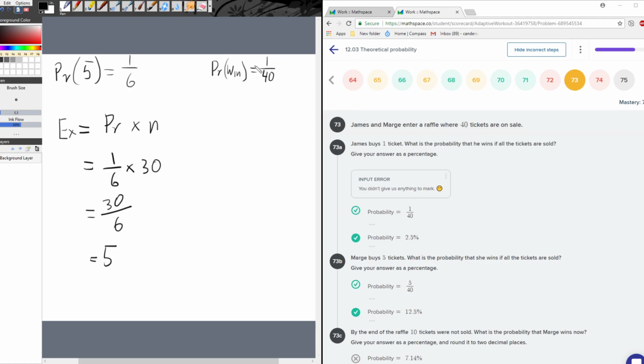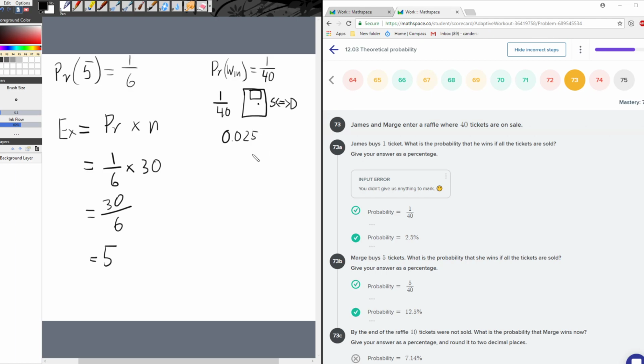Now, to convert this to a percentage, all you have to do is in your calculator, type 1 over 40, and then there's a button. It's around about there on your scientific calculator, and it looks like this, S to D. That changes it from a standard form, which is this, to a decimal. And you'll find if you put that into the calculator and then you push the S to D button, this will equal